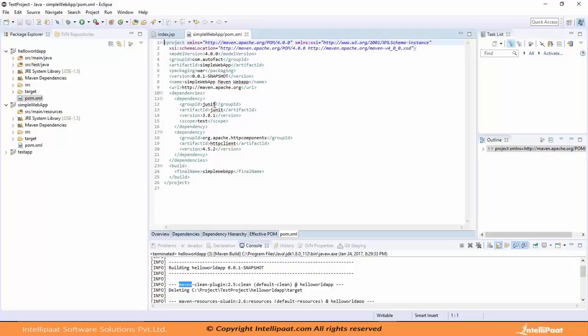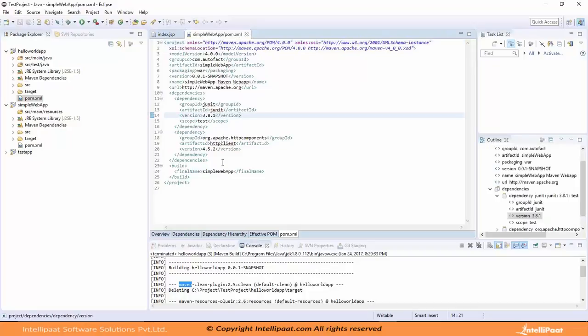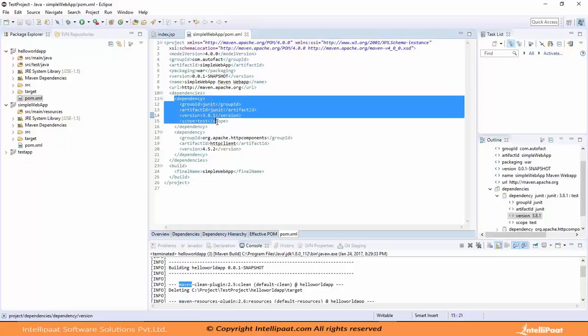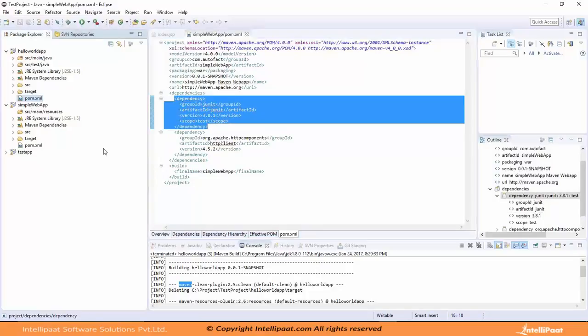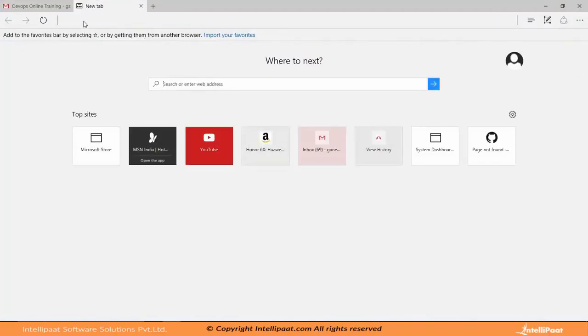In this case, for running the test cases, I'm using JUnit. So I have to say that I have this dependency of JUnit for running the tests, and the version that I'm looking at for JUnit is 3.8.1. And this particular piece of code about the dependency, usually you can get it from,